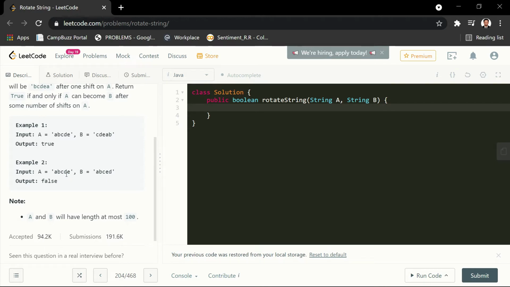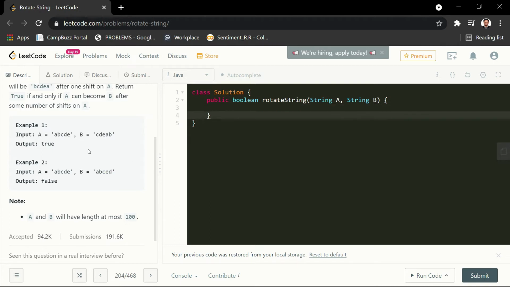So if in the original string D is before E, then in any permutation D will always be before E only. So as the output shows D is after E, this is not possible in any case.